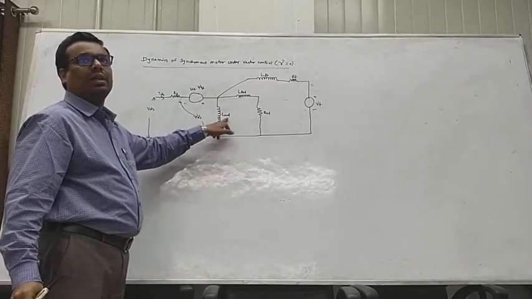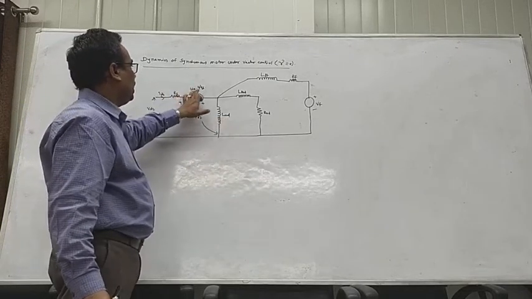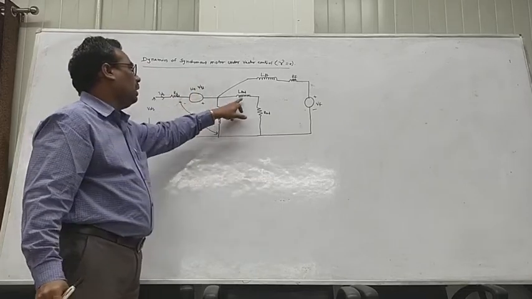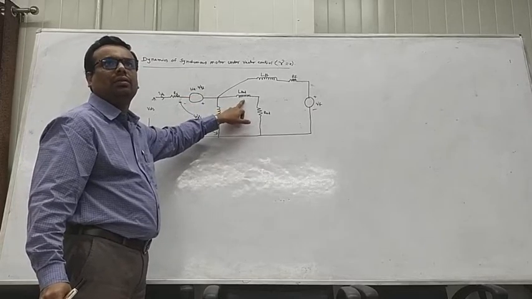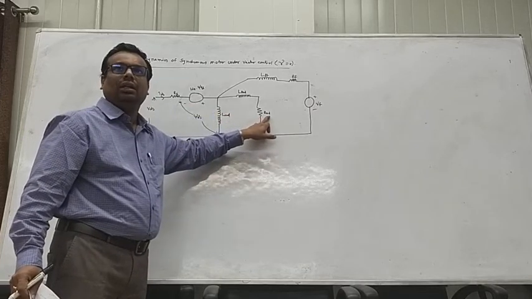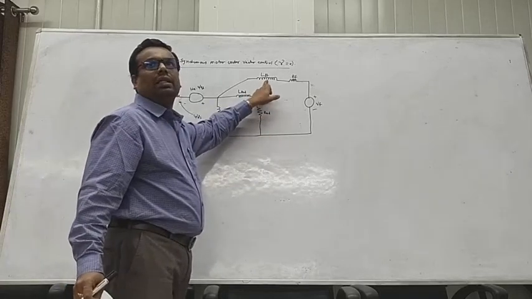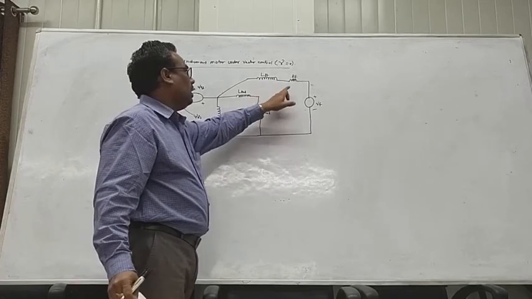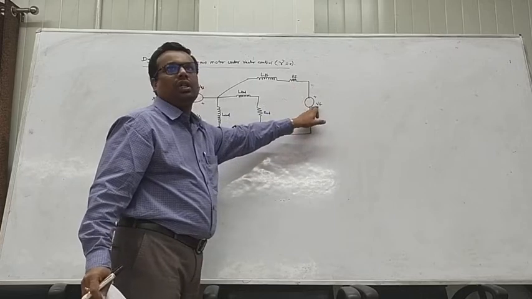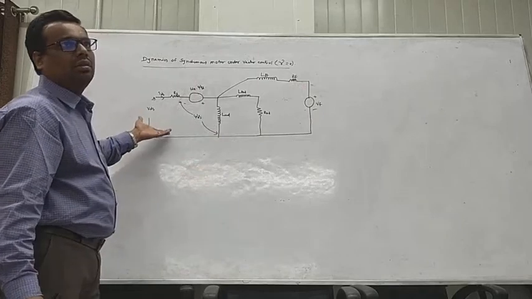LMD. LMD is the magnetizing inductance of the stator winding, and this omega E into psi QS is the back EMF and stator resistance. LLKD is the leakage inductance of the damper winding, and RKD is the resistance of the damper winding. LLF is the leakage inductance of the field circuit, RF is the field winding resistance, and VF is the voltage applied to the field circuit. So this is the terminology we are using with respect to direct axis.